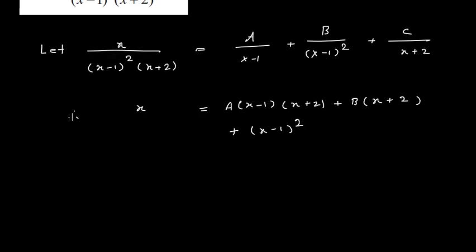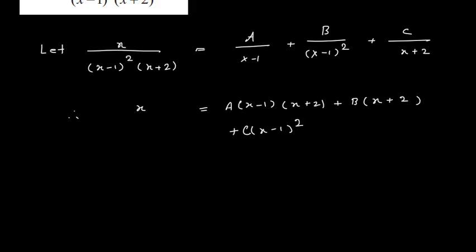Now here it is important. It is not like previously what we were doing, substituting the value of x and getting the values of a, b and c all. Here you see that there are two factors, one is x minus 1 and the other is x plus 2. So two values you can find out. Okay, here it is c. But for the third value, let us see what we can do. Now with the c we have x minus 1. So first I will put x is equals to 1.